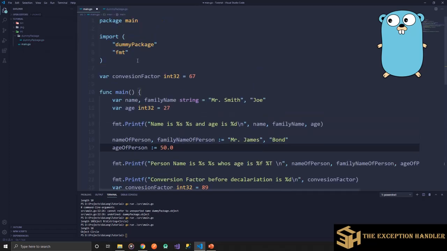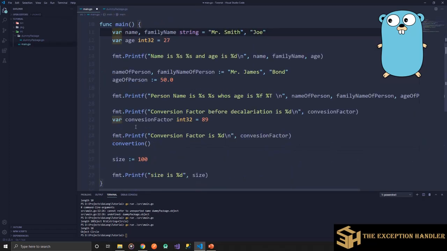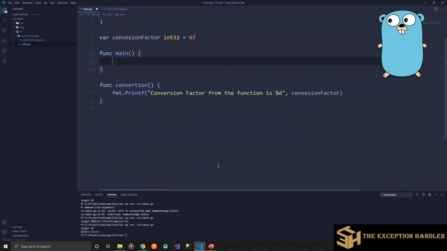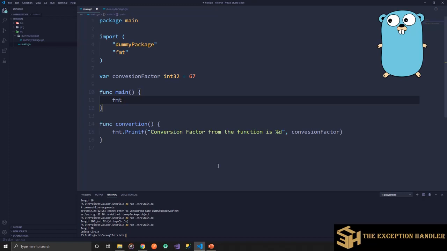Now let's go to the main package, import the dummy package, and get rid of the unnecessary code. Now let's print the value of the two variables. Printf, percentage s, object is percentage s, and length is percentage d, and over here dummy package dot object, dummy package dot length.